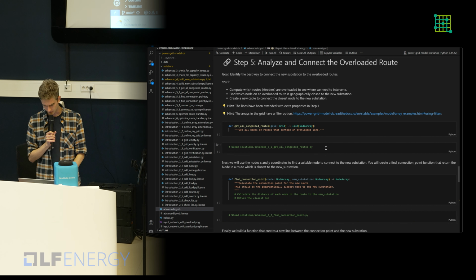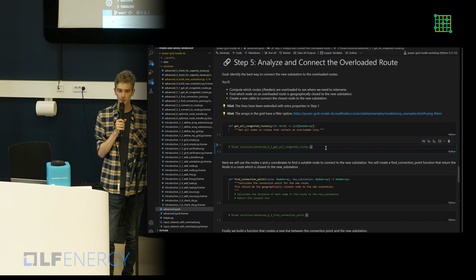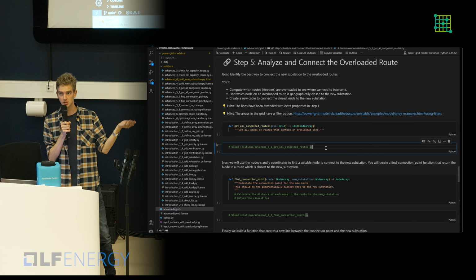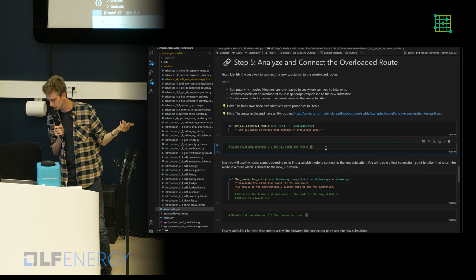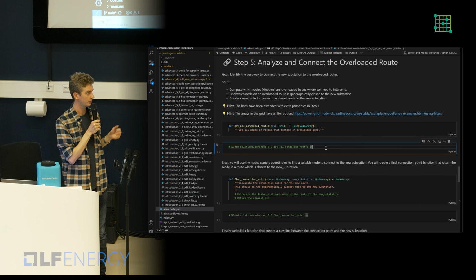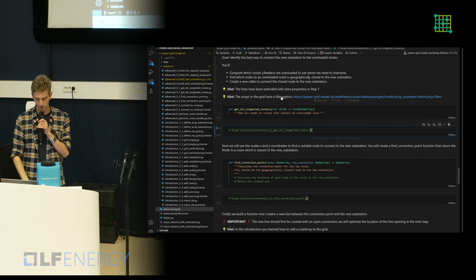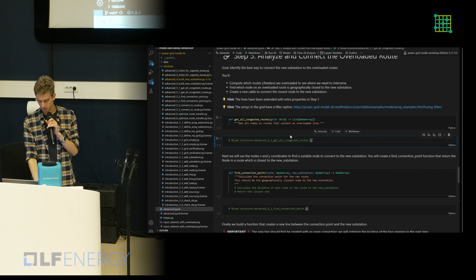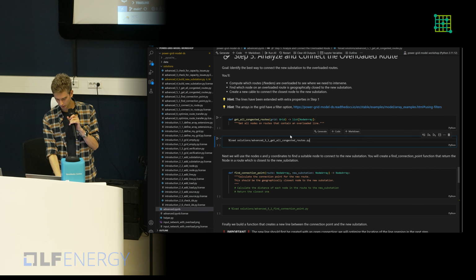Let's see. So now we want to decide how to connect the substation. And we have multiple options, right? Because there's an unlimited amount of cables that we can actually place between the new substation and the overloaded nodes. However, we want to choose the most optimal node to reduce costs. So how do we determine that? We have made a step-by-step plan for you. So first we have to determine which routes are actually congested. So a route or a feeder, it's a bit of the same concept.